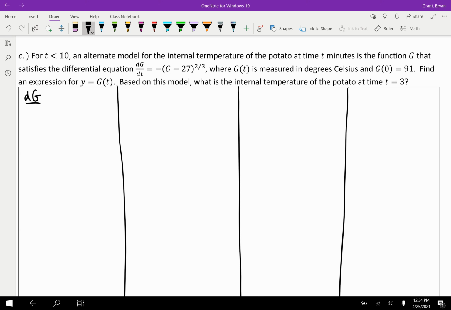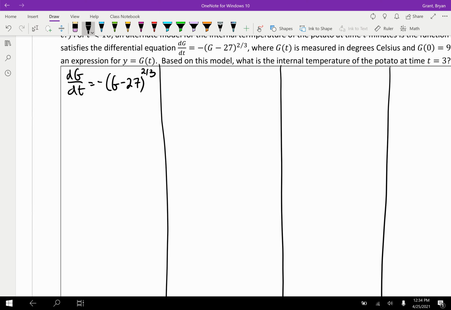Separation of variables first. dg dt equals negative g minus 27 to the 2/3 power. Well, when we separate these variables, I'm pretty darn confident that the dt definitely needs to go to the right side. So let's multiply that dt over there. I'm going to put an invisible -1 here, and I'm going to leave the -1 on the right side. I'm going to divide the g minus 27 to the 2/3 to the left side, and then keep the dg